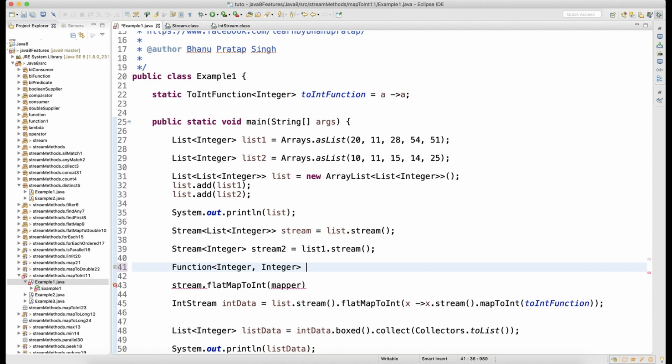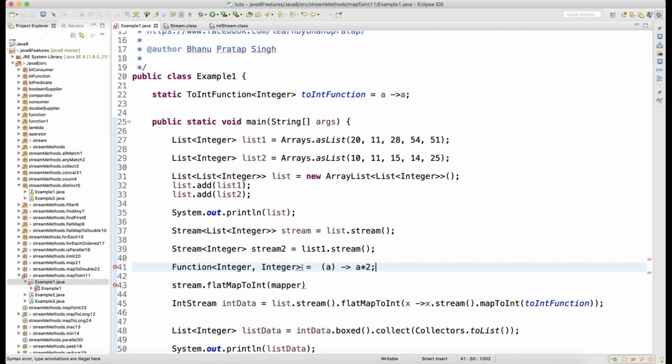That's how you write it, right? And you know that a Function will take only one argument because this is just a function. So it will take it like this, and then it's up to you what you want to do with the function. So you can just do a into 2. So that's how you write a function.